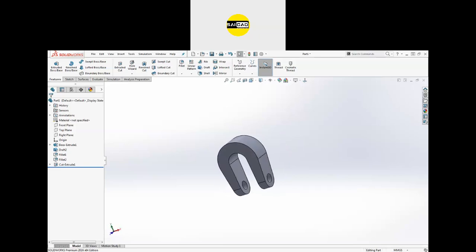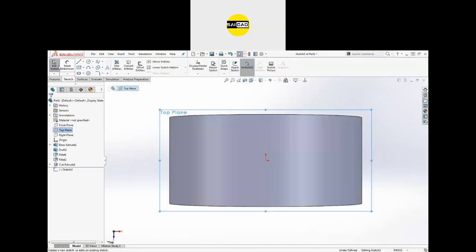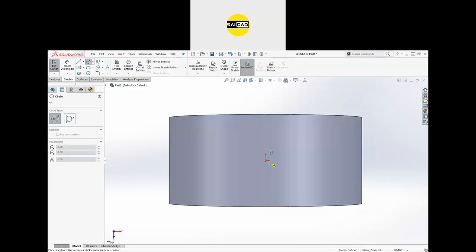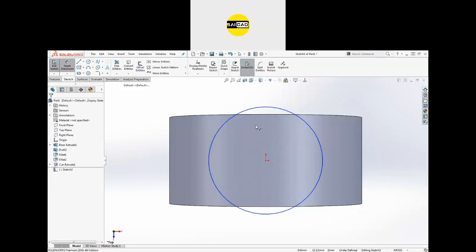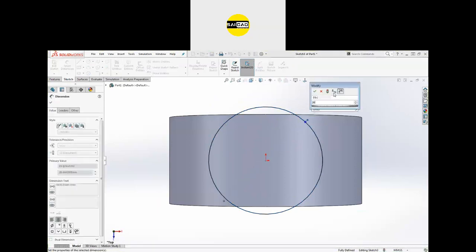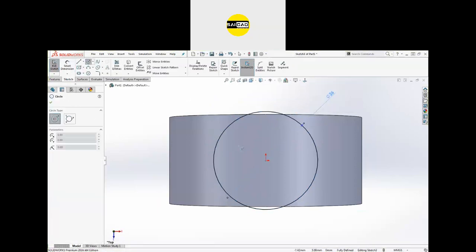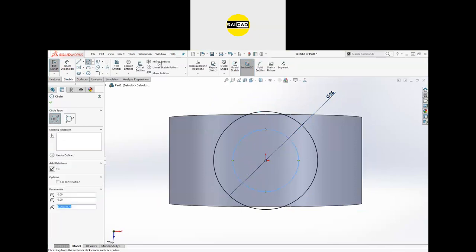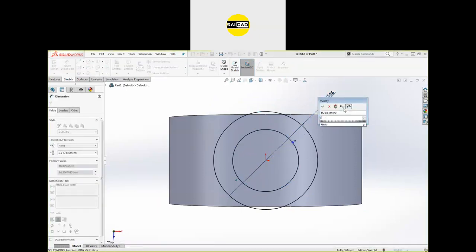So next we have to create another feature up here. How to create that? We have a circular option. We have a dia of 26. Circle with a dia of 26. We're going to create a sketch, a circle with a dia of 26 and another circle with a diameter of 18.